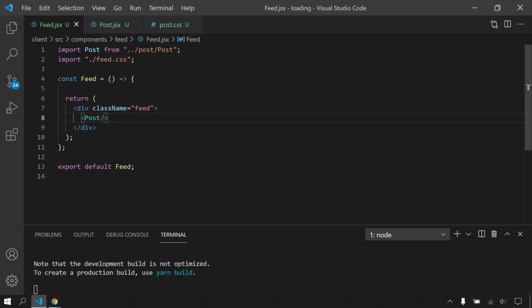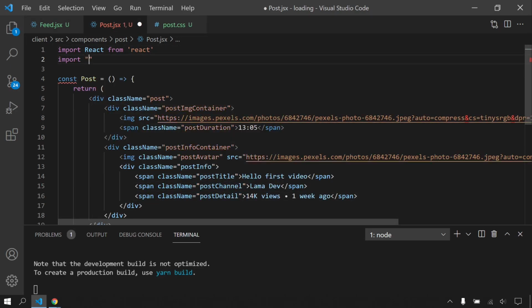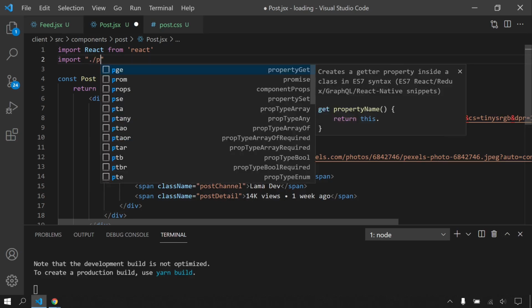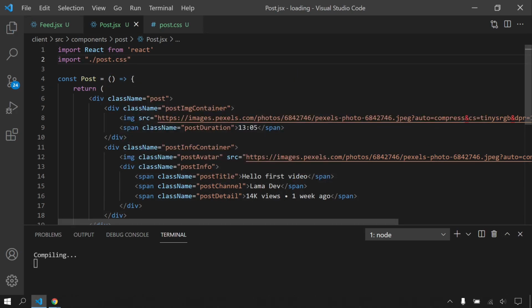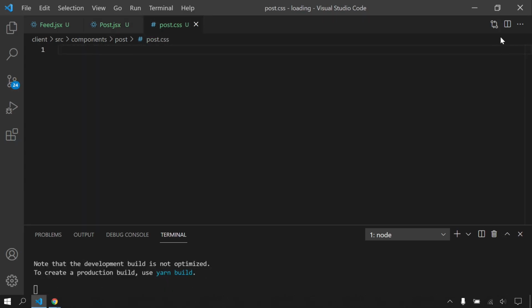So let's import our post CSS. I will go to the post JSX and here I will say import post CSS. So in this case, we can use this post CSS. Let's split this screen actually.